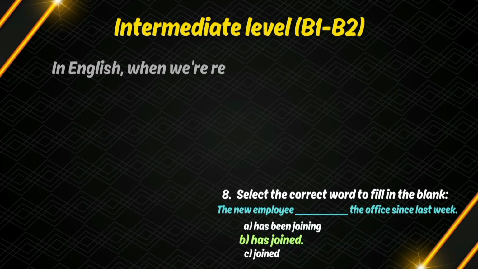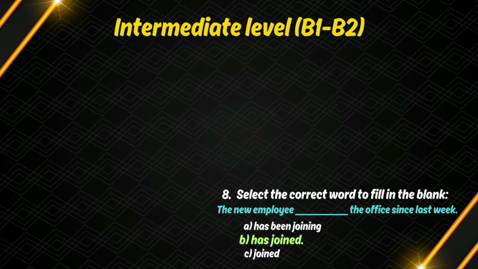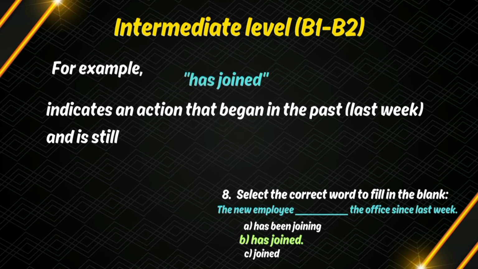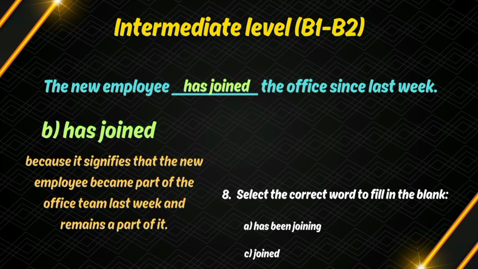In English, when we're referring to actions that started in the past and continue into the present, we typically use the present perfect tense. For example, has joined indicates an action that began in the past, last week, and is still ongoing. So, in the sentence, the new employee has joined the office since last week, has joined is the correct choice because it signifies that the new employee became part of the office team last week and remains a